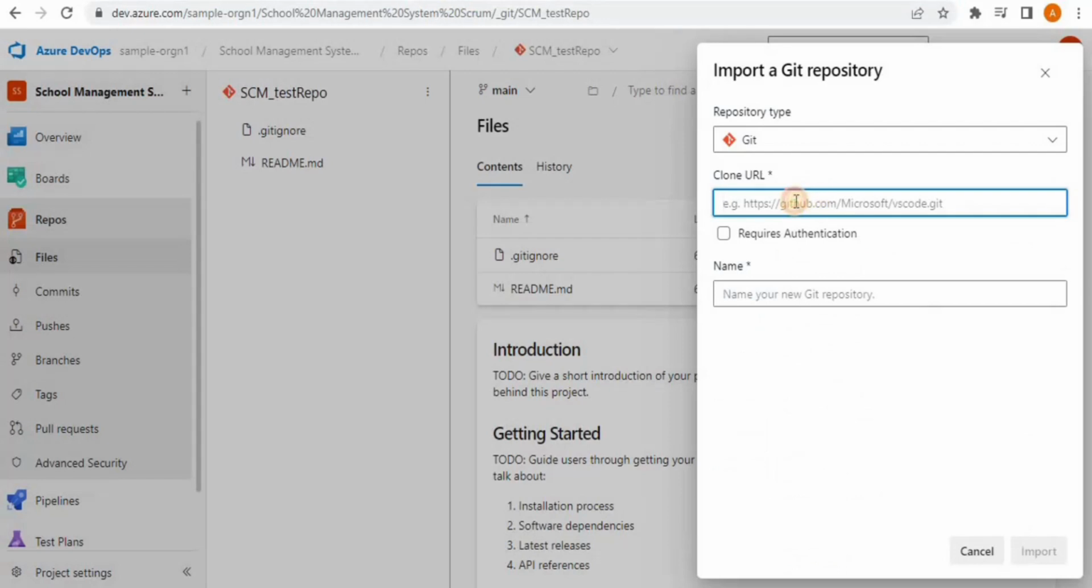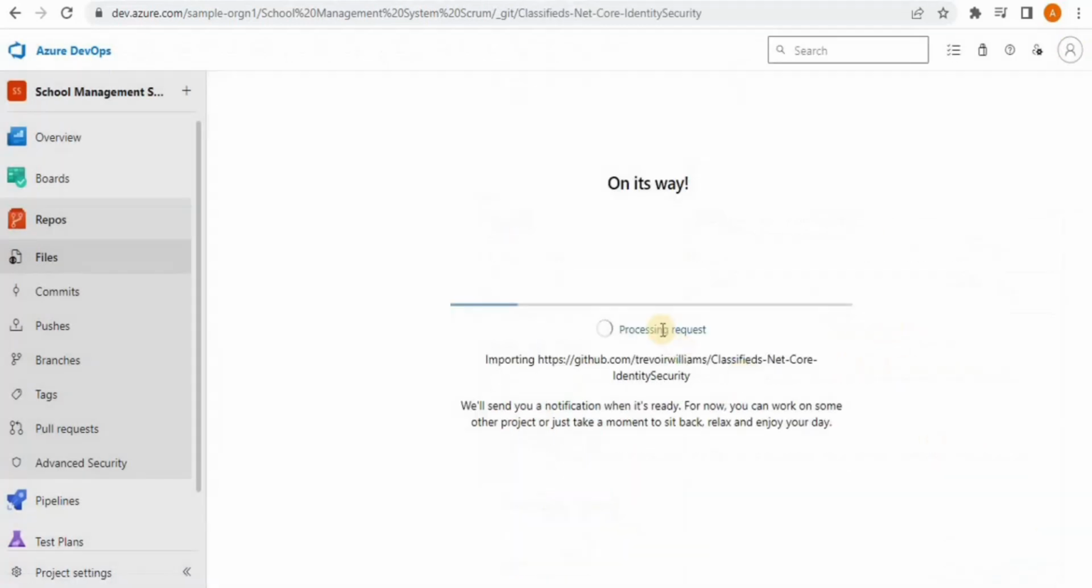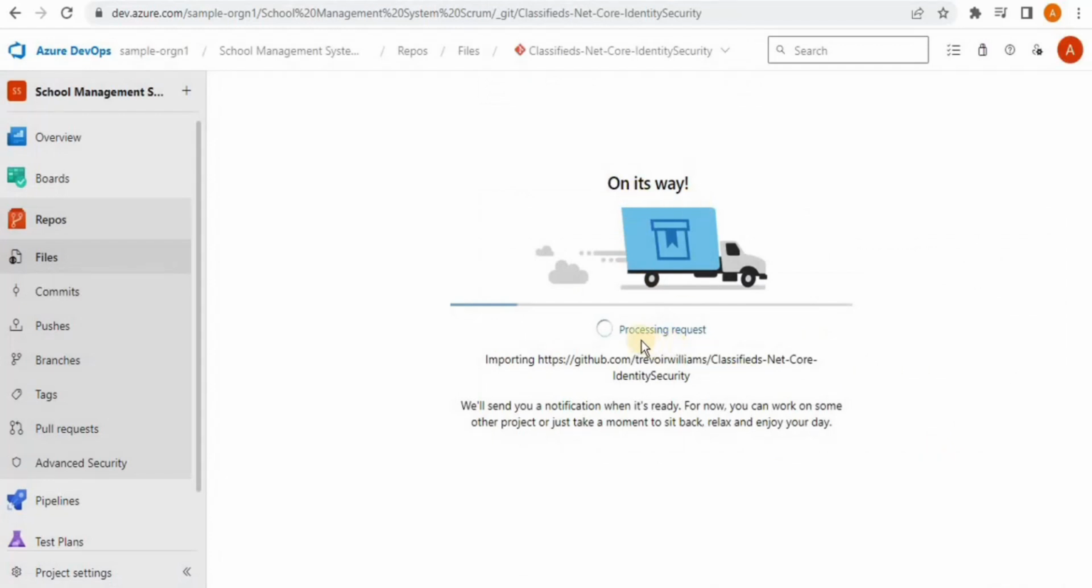I'm going to come back and paste the URL here. Since it does not require authentication, I'm going to leave this box unchecked and simply click on import. You can see that your import has started and it is on its way. Once the request is processing, I'm going to pause the video and come back once the